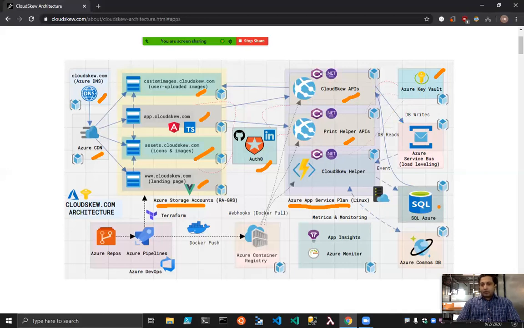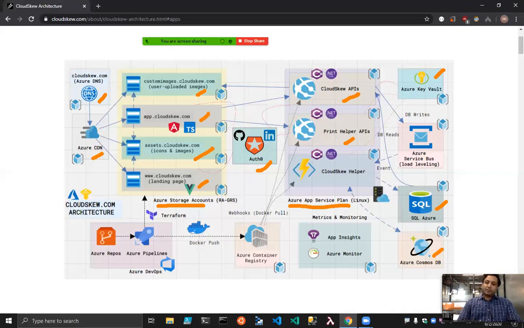Then let's talk about the persistence layer. So we use SQL Azure for persistence. We primarily deal with three entities: diagrams, templates, and user profiles. So everything is stored in SQL Azure. Now, because this is a preview version, we haven't enabled geo replication or read replicas yet. Everything is just served out of one instance. But because this is a managed instance, one of the things you get for free is all the point-in-time restores and long-term retention backups. So all of that is managed for you.